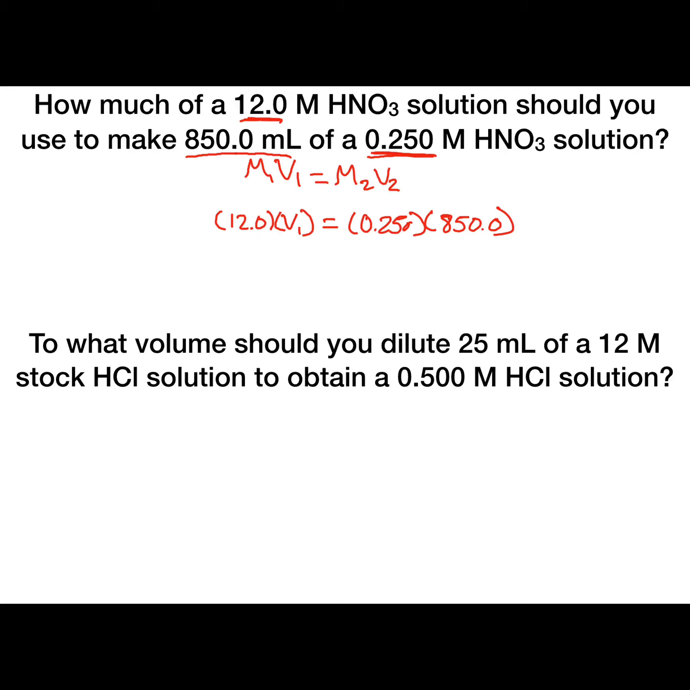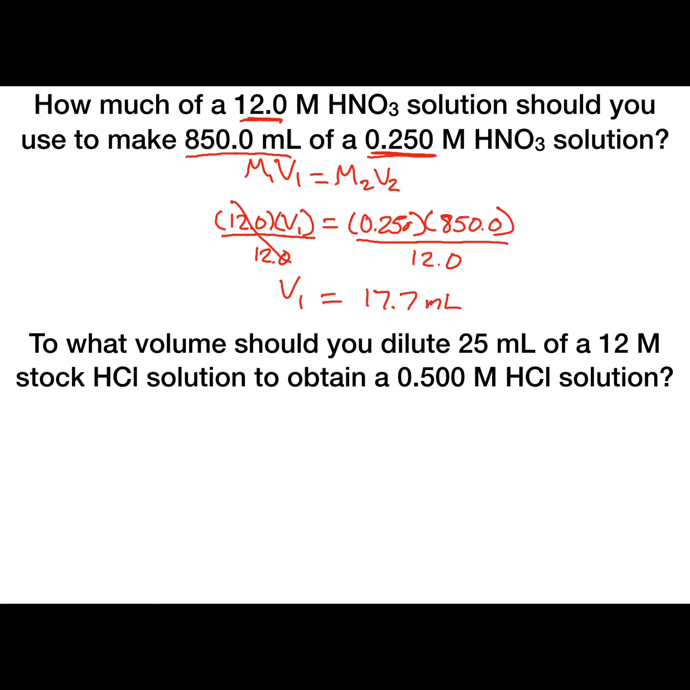Now, in order to get V1 on the side by itself, we're going to divide both sides of the equation by 12.0. So V1 is equal to 0.250 times 850, hit enter on your calculator, divided by 12. Now our sig figs for this problem is going to be 3, since that is the fewest number in the problem. So our final answer is 17.7